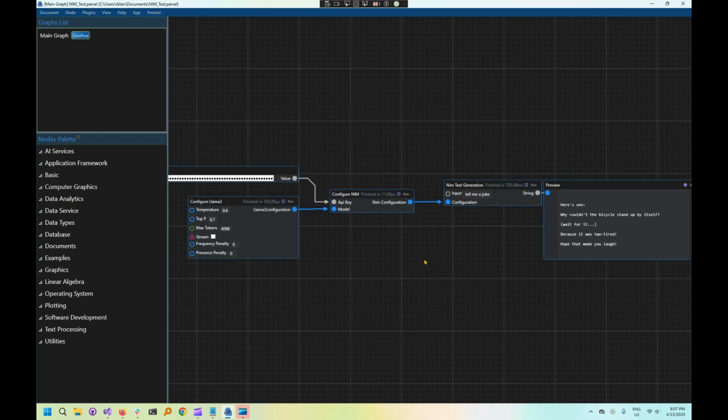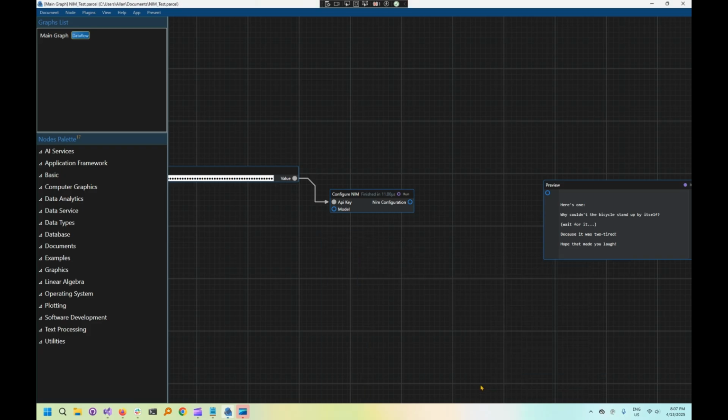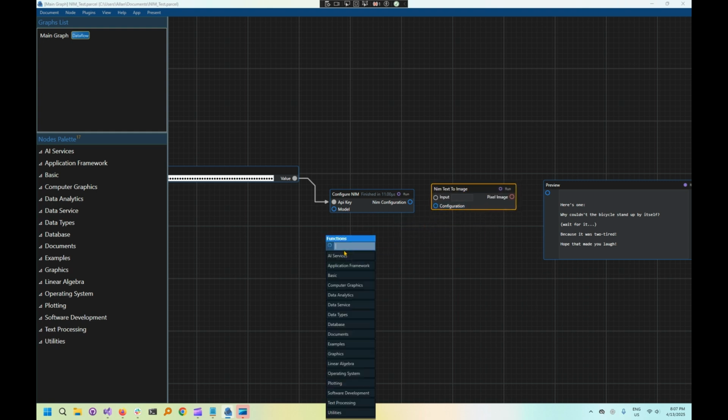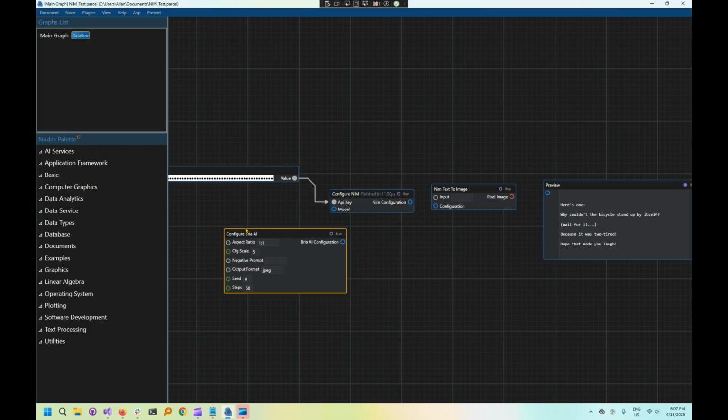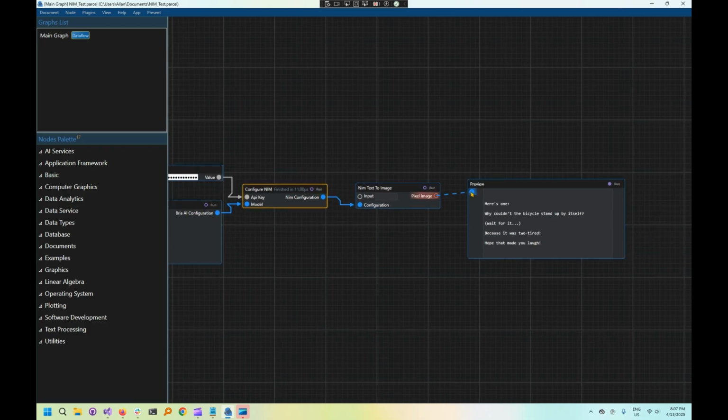Now, if we wanted to create a text-to-image graph, we can build it similarly to how we did the text generation. We'll need to replace the model configuration and also the task-specific nodes. So we'll grab those from the Functions menu, grab the text-to-image node, and then also a model configuration with a model that is used for text-to-image. So Bria AI, connect it to NIM configuration, connect the NIM configuration to text-to-image, and the output of that to